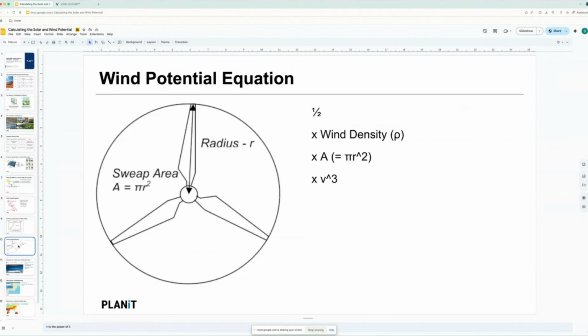Then how can I calculate wind potential, right? Wind potential is a very weird concept. Sometimes I find it very weird. In the case of solar irradiation, the energy is coming from the sunshine. It is just there, right? But in the case of wind,